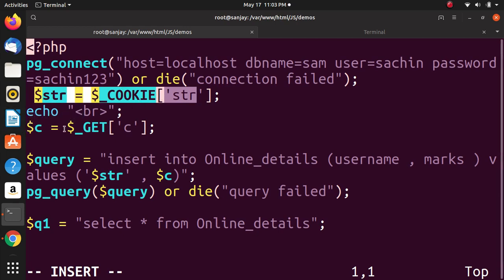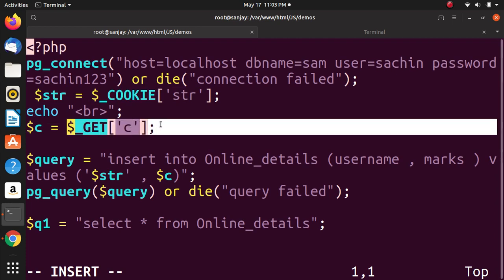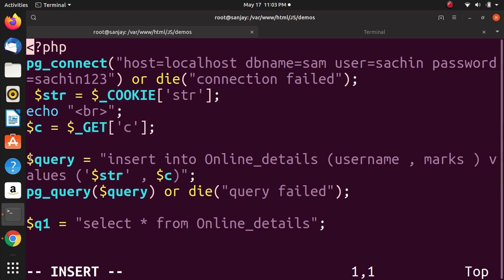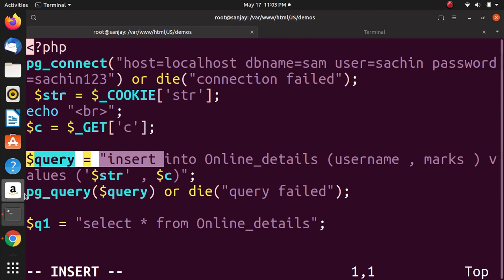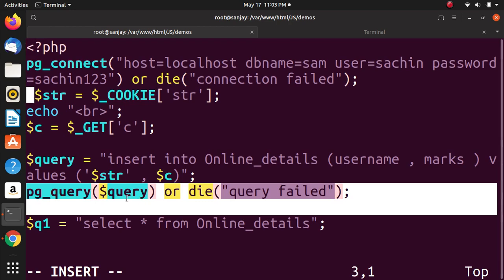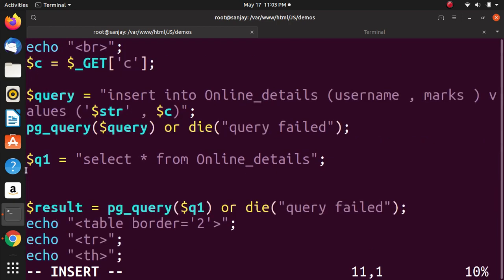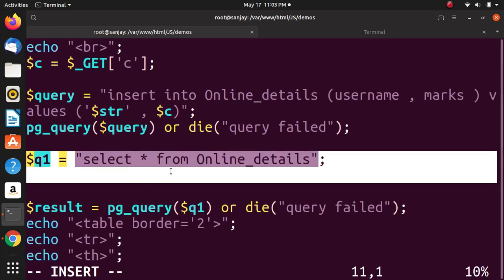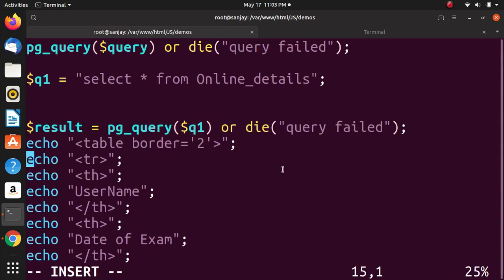Then $c is equal to the marks of the user, how many answers are correct. Query is used to execute the database query. Then pg_query is to execute the query. Then showing the records, select star from online details.